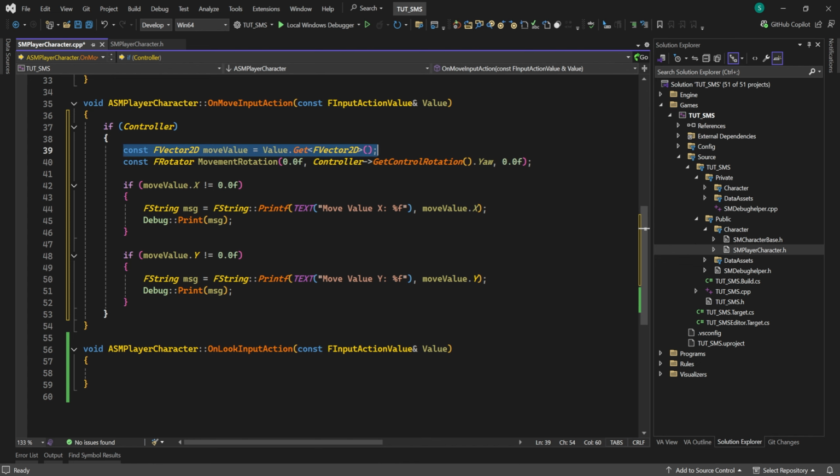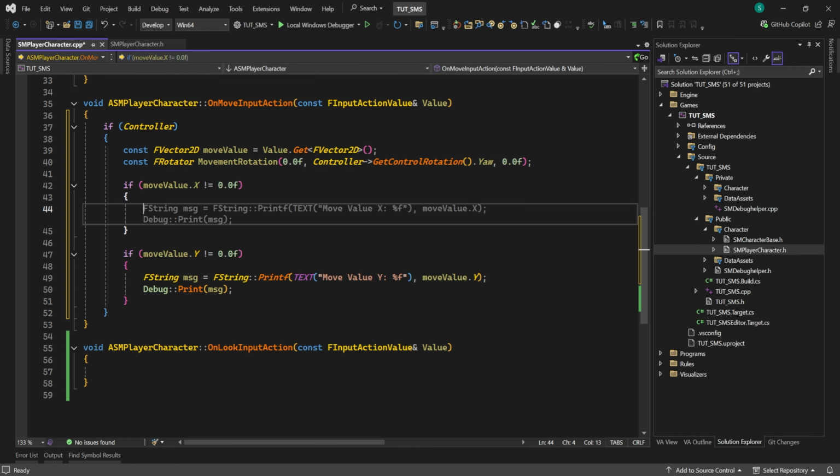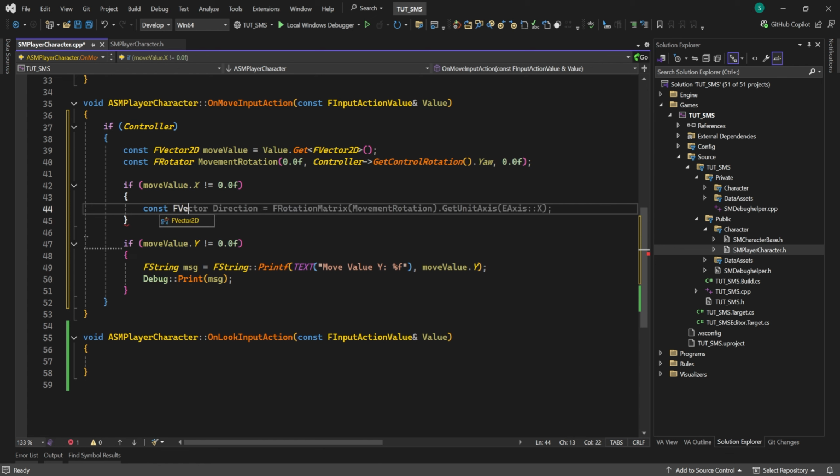We got the input action, sorry, input value. Then we got direction, and we are already checking that the input value is not null. Now let's remove this debug function. Now let's calculate the actual forward direction. This is the movement direction, which is the current player's movement direction. We need the current player's forward direction. So let's use const FVector Direction equal to, you're going to use the above MovementRotation,